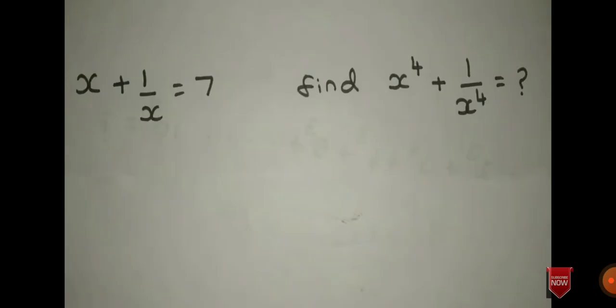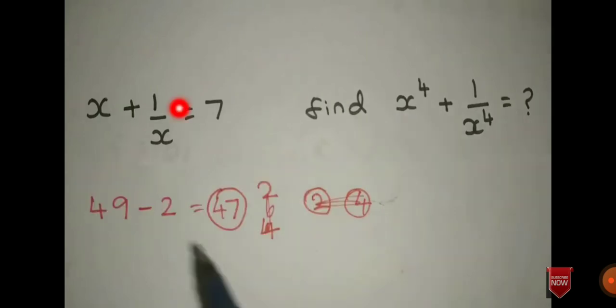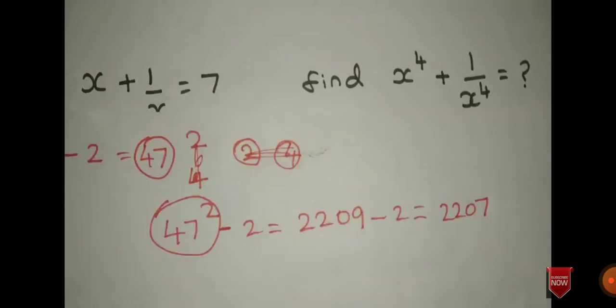The next thing is, see here, this is an equation, and here the question is, what is x power 4 plus 1 by x power 4? So previously we saw for x square, right? Now we are seeing for x power 4. So whatever we did previously, we have to do two times of it. Okay, so same procedure. See, last number is 7. So 7 square minus 2. We are having plus, so minus. Okay, 7 square minus 2. So 47. Okay, next thing is, for whatever answer you are getting, you have to repeat the same procedure. So 47 square minus 2. So 47 square is 2209. Okay, 2209 minus 2 means you will be getting this answer.